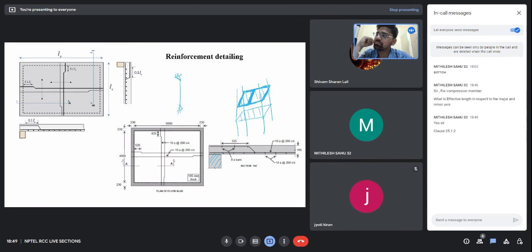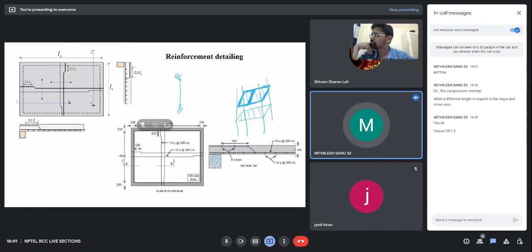Hello. Yes, Hello, Mithilish. Yes, sir. Sir, in clause 25.1.2, they are given that short and slender compression